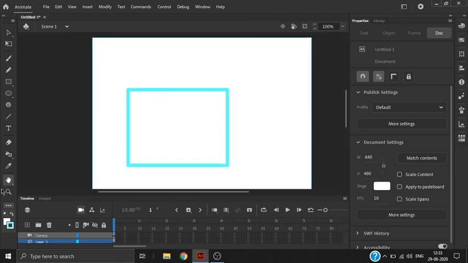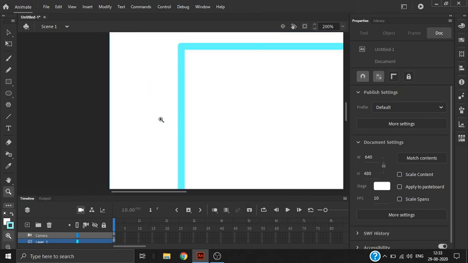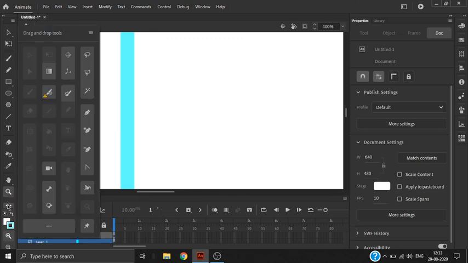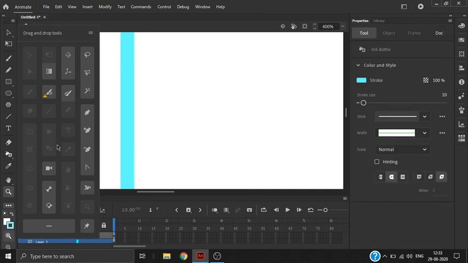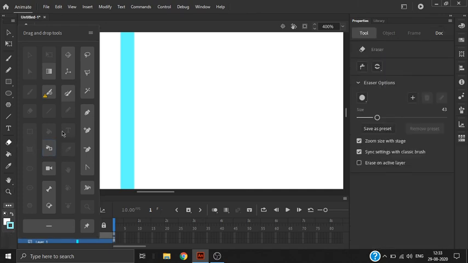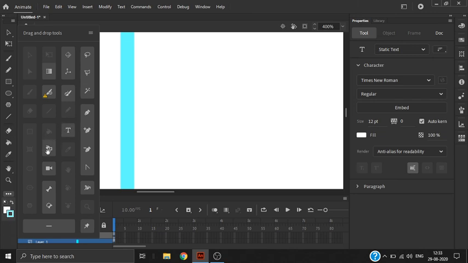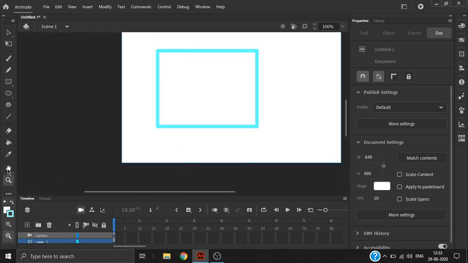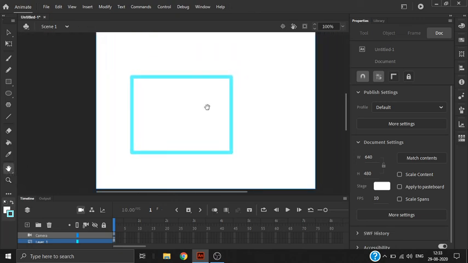And the magnifying tool, if you click, you can zoom in as much as you want, and if you want to zoom out, here one option is there to enlarge and reduce. Click on reduce and use the hand tool to go wherever you want.